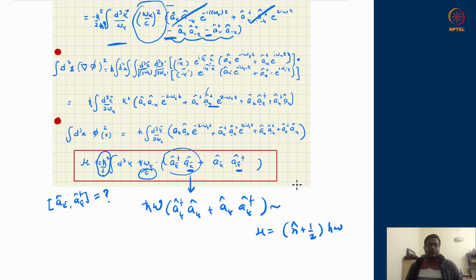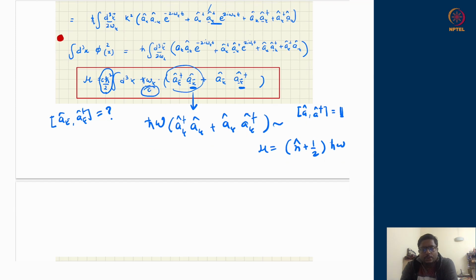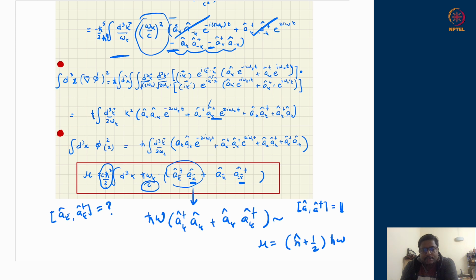In ordinary harmonic oscillator, A and A dagger are supposed to satisfy commutator relation identity. So if similar kind of thing exists here as well, then even the Hamiltonian becomes exactly like harmonic oscillator Hamiltonian for each k, and then it is just a collection of oscillators. Their energy is constituting the total energy of the field as well. Okay, so that we will do, the rescaling and getting the commutator relations between the ladder operators, we will do in the next class. So I stop over here.